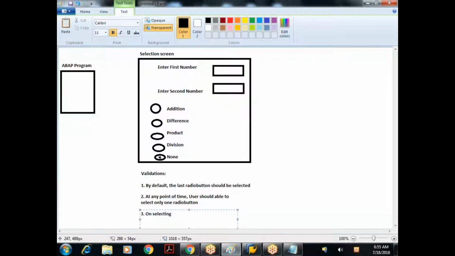Then the next validation is, on selecting one of the radio buttons and on click of the execute button, what you have to do?